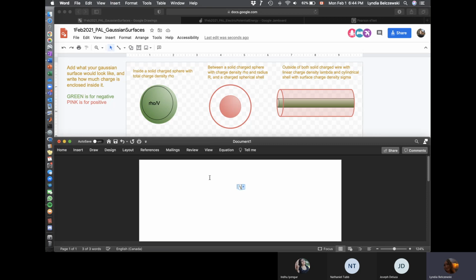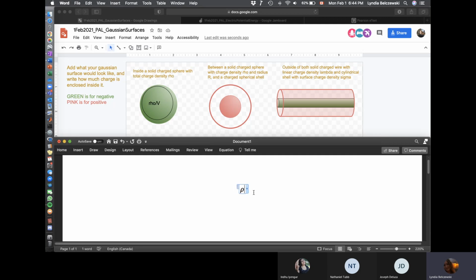So rho, the density rho for the charge is equal to the charge of the total sphere divided by the volume of the total sphere. If you want to know the charge enclosed, we'll call that Q sub enclosed,